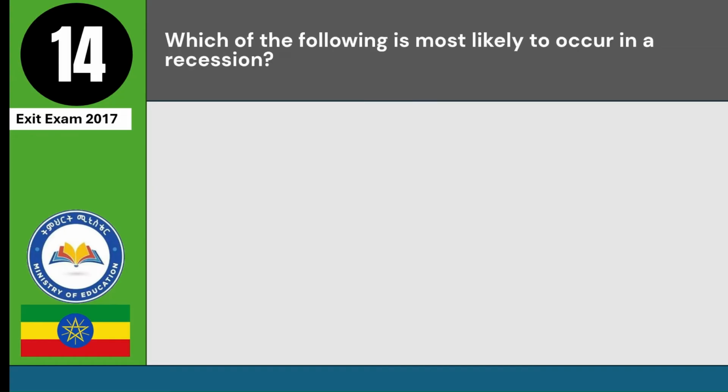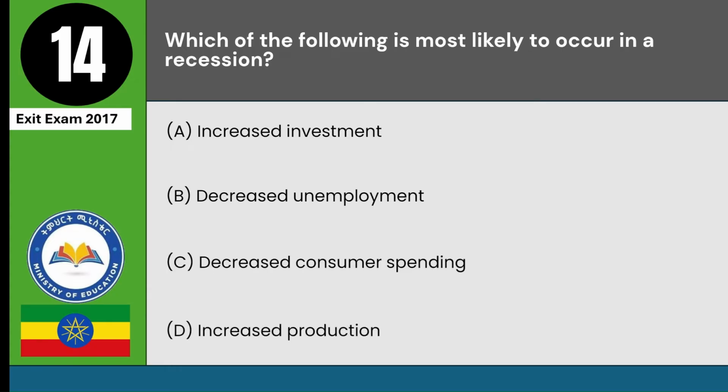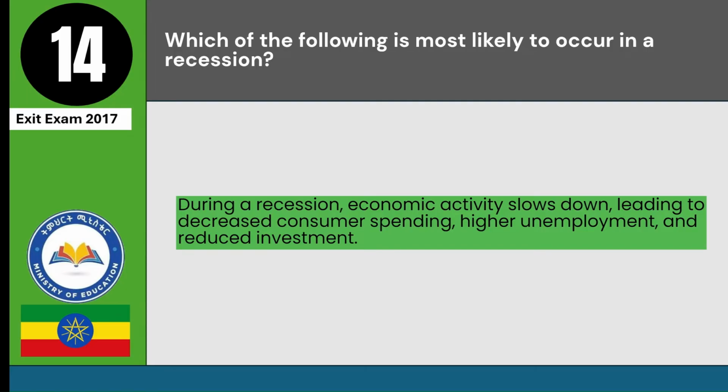Which of the following is most likely to occur in a recession? A. Increased investment. B. Decreased unemployment. C. Decreased consumer spending. D. Increased production. Answer: C. During a recession, economic activity slows down, leading to decreased consumer spending, higher unemployment, and reduced